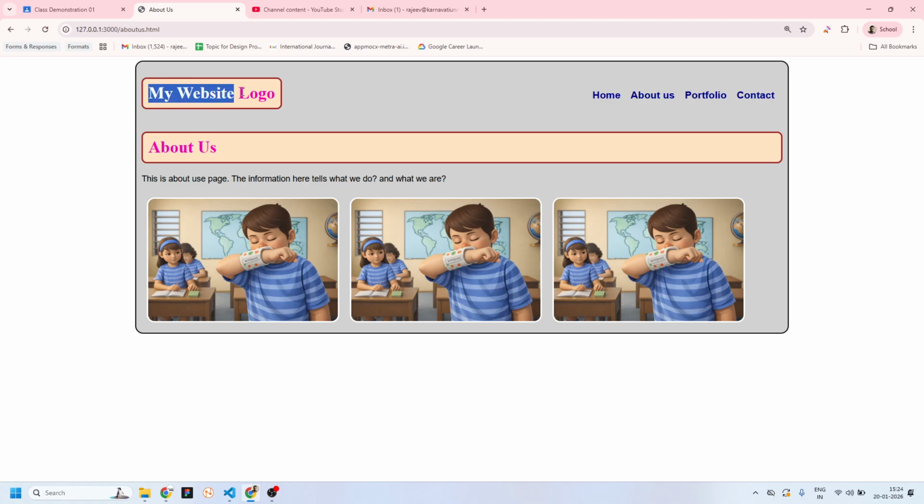ये तुम्हारे से बन जाना चाहिए। ये भी फ्लेक्स बॉक्स की वजह से है और ये भी फ्लेक्स बॉक्स की वजह से है। So you should be able to do at least these two things. हो जाएगा, हो जाएगा।